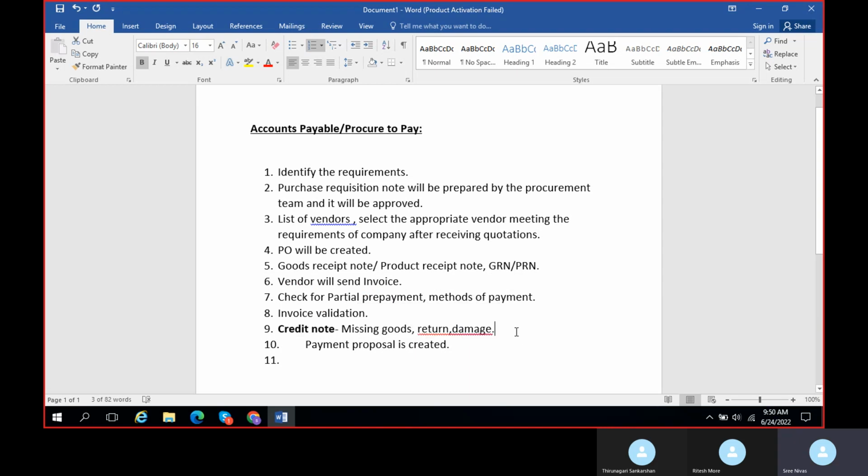So we'll prepare a credit note in any of these scenarios. Once all these things are done, then only we'll create a payment proposal. Once the payment proposal is done, there are multiple ways. For example, if the vendor has requested us, or he has told us to